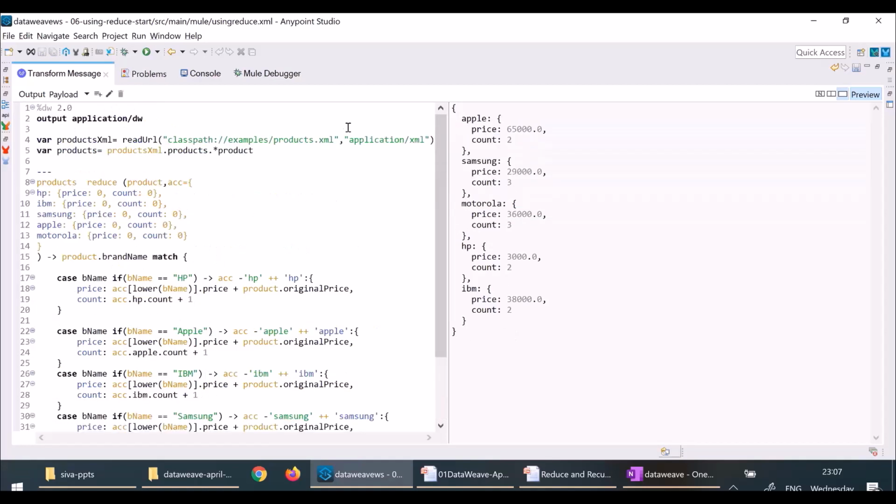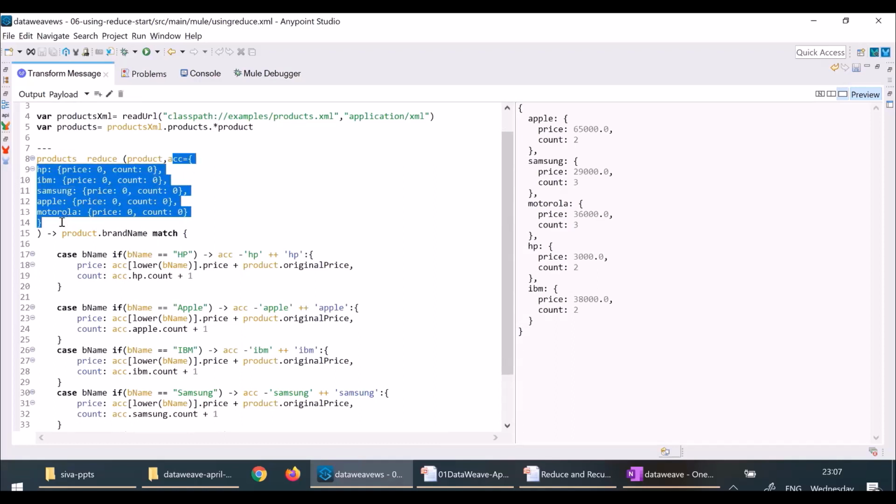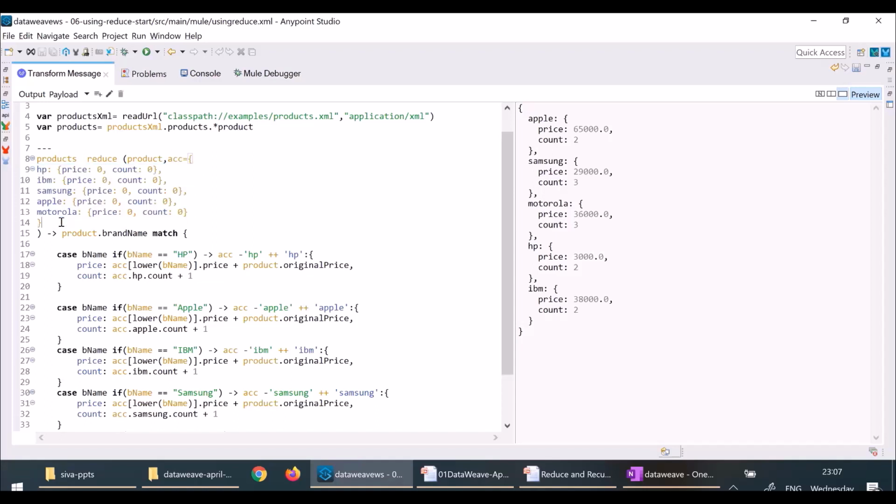See what I have done: I have iterated over each product using reduce. Carefully note this, I am using reduce. Reduce will iterate over each element of this array. First argument is the current element, and the accumulator is my custom accumulator, which is an object like that. So now for each product, if the brand name is matching this condition, it will go to first case. So if brand name is HP, what I am doing, accumulator minus HP, it will remove this element, and I am adding one more key,